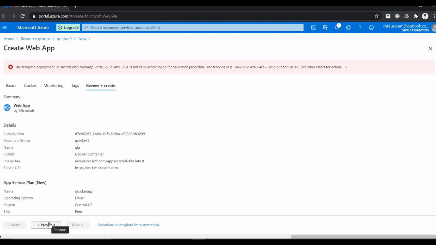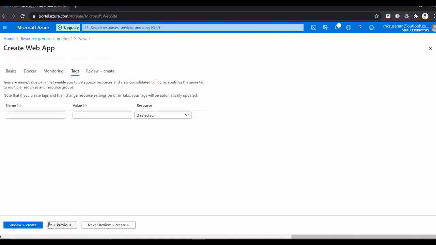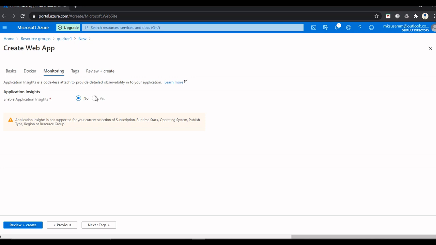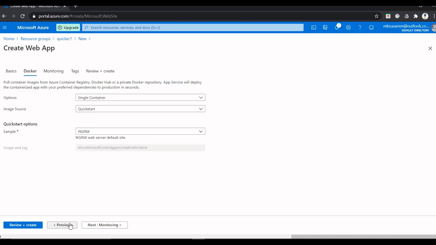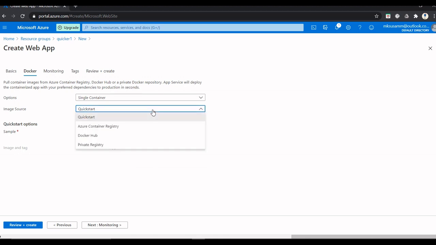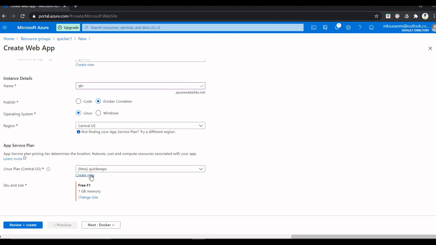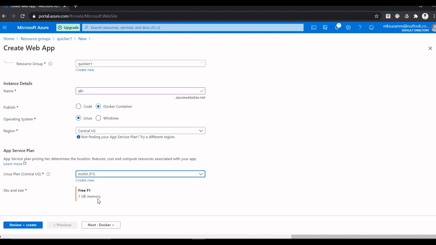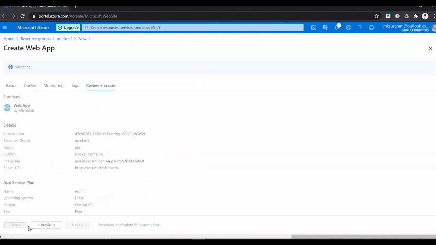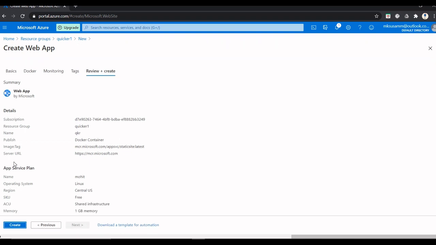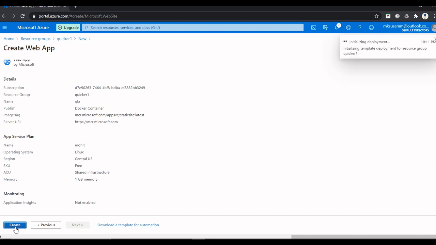It's telling the template web portal is not valid according to the validation procedure. Let me go back. Quick start. Go back. Let me change the resource group for now as Mohit, F1 only, and review and create. It's validating, validation passed, and